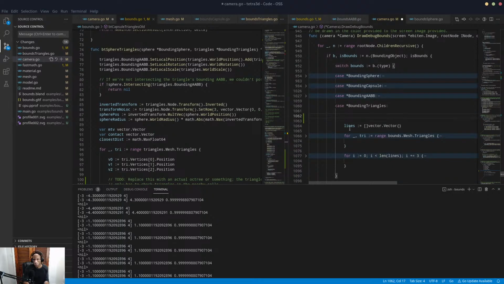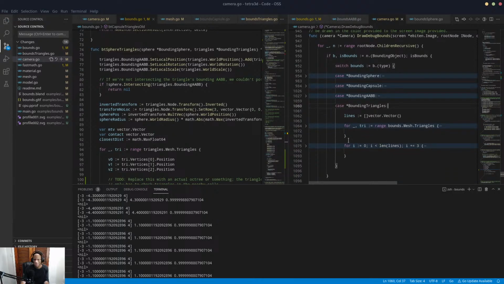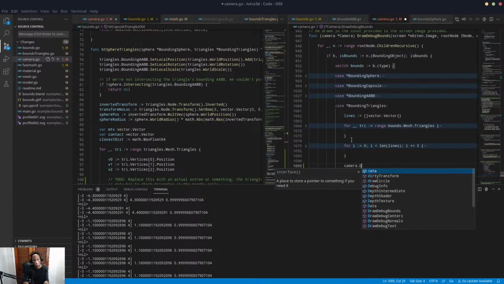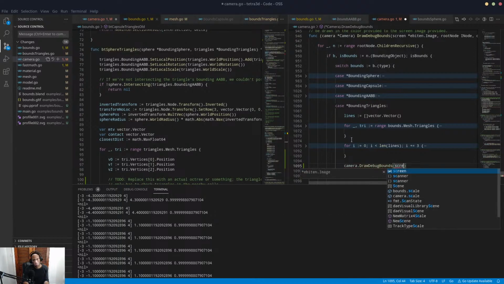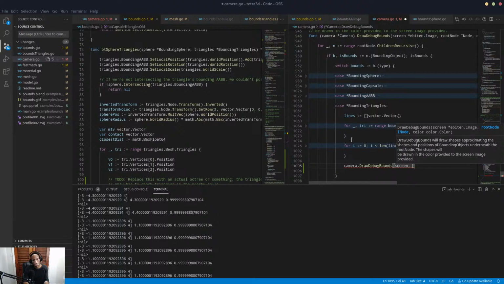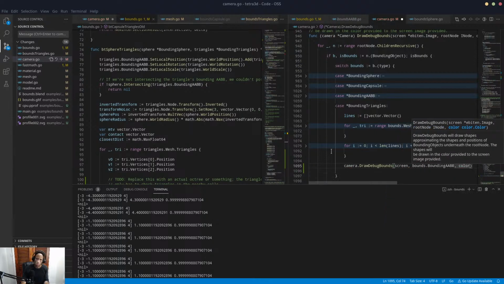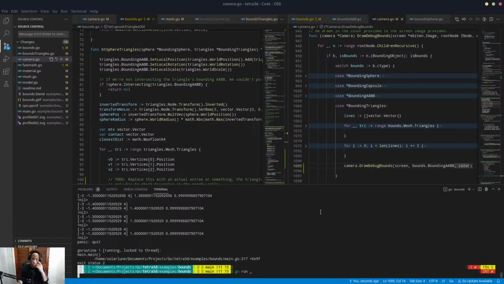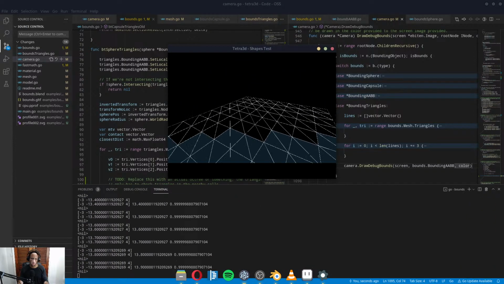So we're gonna draw the mesh, but then we're also going to draw bounds dot bounding AABB using the color. So this should allow us to see where the AABB for the triangle mesh is in space, which I believe the issue might be partially that it's not